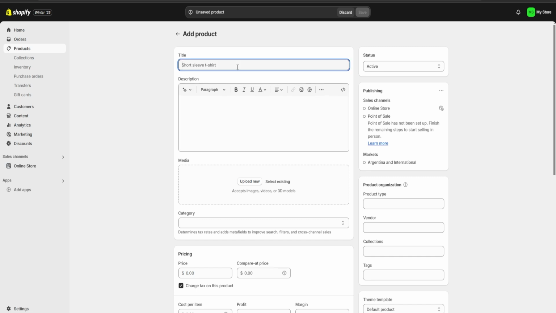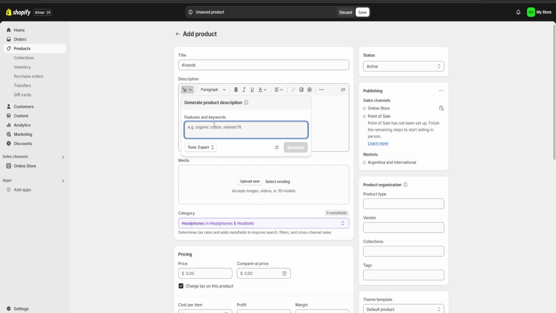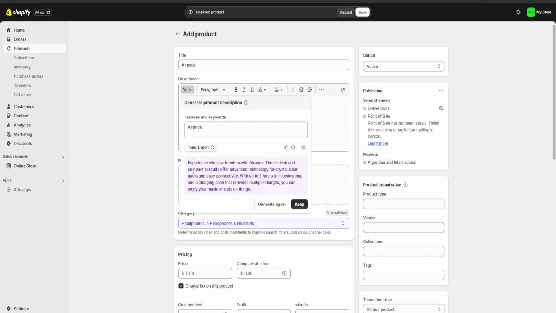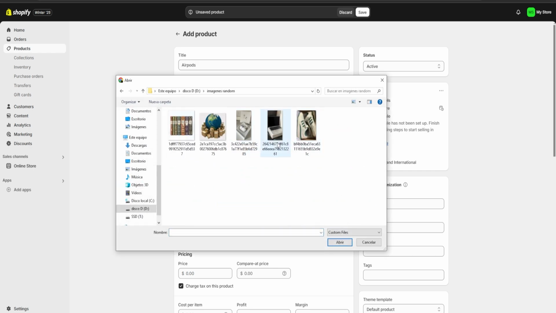For example, for the title, I'm going to start with my AirPods. Here we're going to copy our title, and for the description, we're going to go over here on generate text and we're going to paste our title. Here we're going to click on generate so that Shopify is going to use its built-in AI to generate a description for us. Here we can either choose to generate the description again or just click keep to keep the one we already have. For media, we're going to click on upload new, and here we're going to choose an